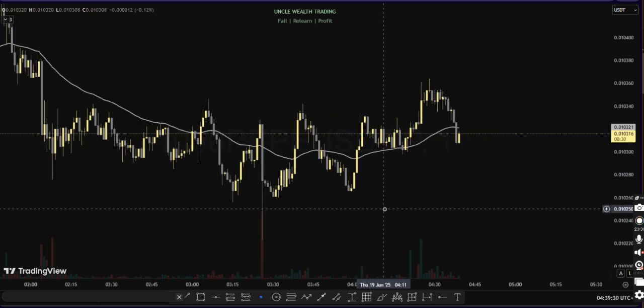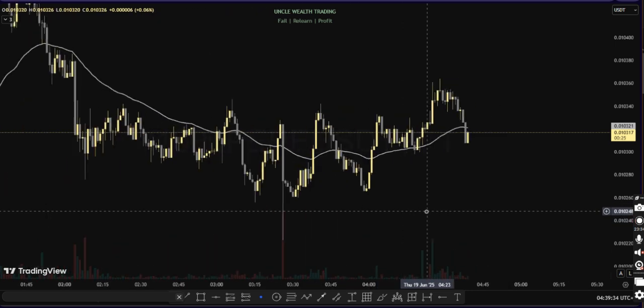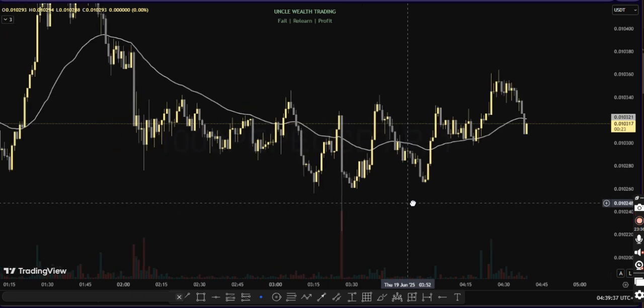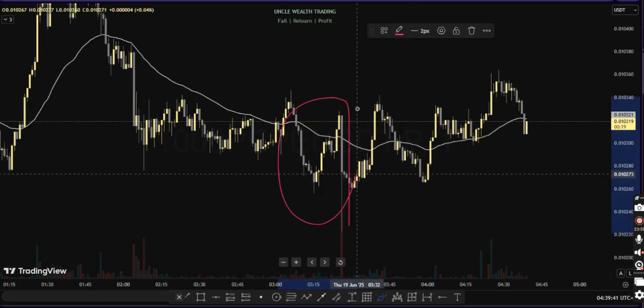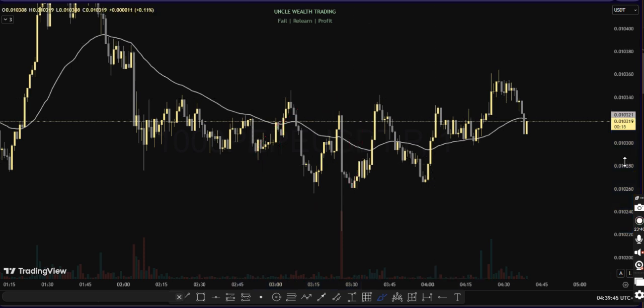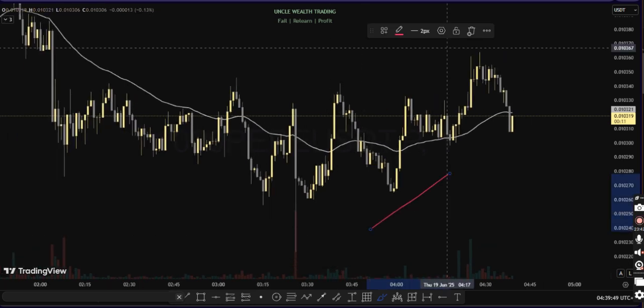And lastly, some of the things I should point out is that you need to manage your risk well. So don't over leverage, because like I said, the EMA 50 is just a guide, and you can see sometimes there can be spikes in the markets. Like you see, this was a spike. Now because this is a spike, these spikes can take you out. So if you are using a very high leverage,